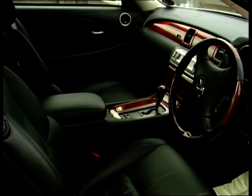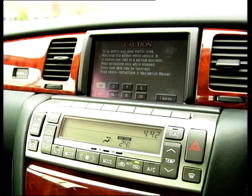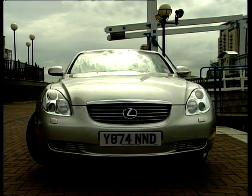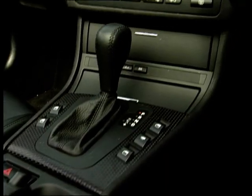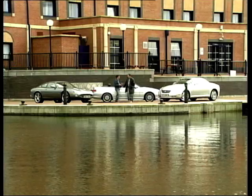I think the Lexus, I love the interior. You were really taken with that, weren't you? And it did have a lot of gizmos. It had everything. The looks, for me, it just looks a little bit too old. No, I know what you mean. It's not the sharpest. The BMW, I love the drive of it, and I like the interior also, but not as much as the Lexus. But the winner, it's got to be...